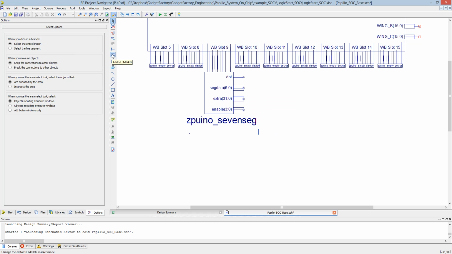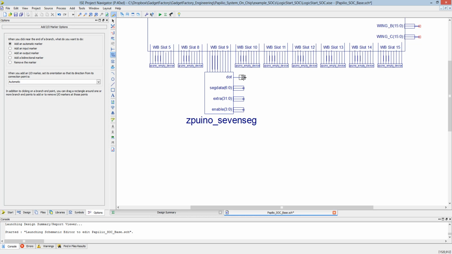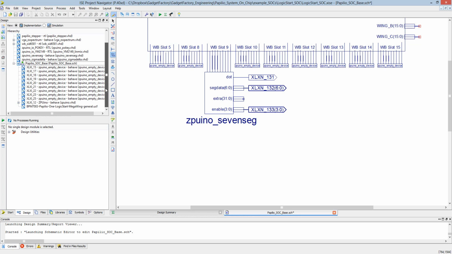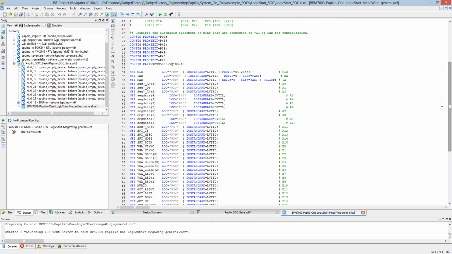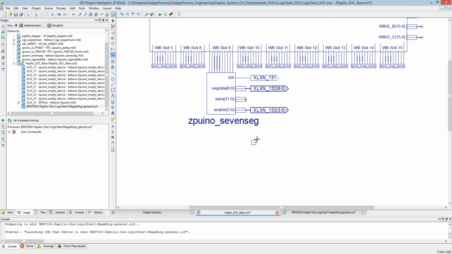Now let's add the output ports. We need one for dot. The segment enable, we don't need one on extra. Okay, so now if we go and look at the UCF file, to save time, I've actually replaced the UCF file with the LogicStart MegaWing one, the generic one, and I've made a couple of modifications. The biggest one is I converted all of the segments A, B, C, D, E, F, G to a single bus called SIG data. So let's go ahead and change